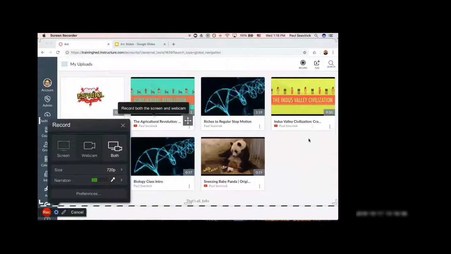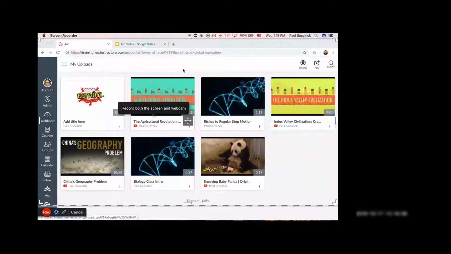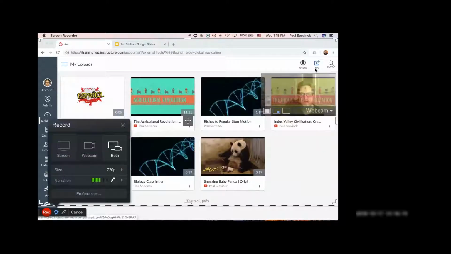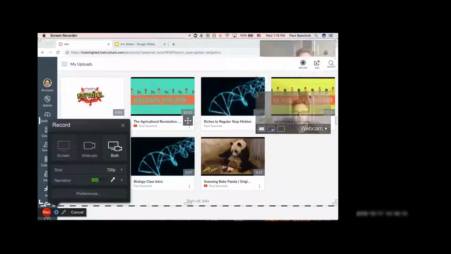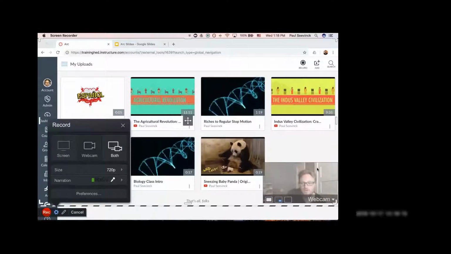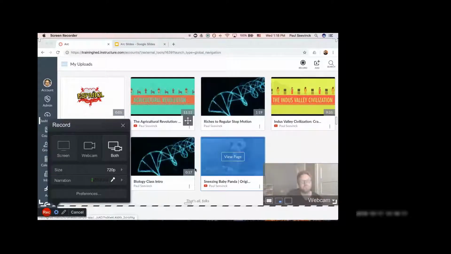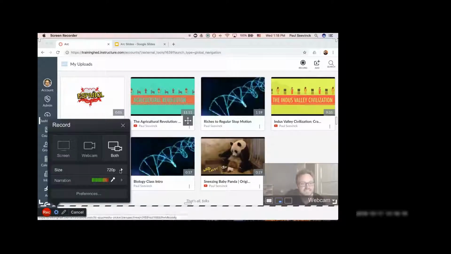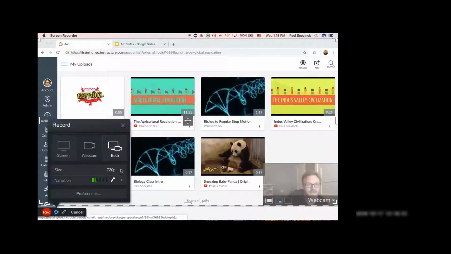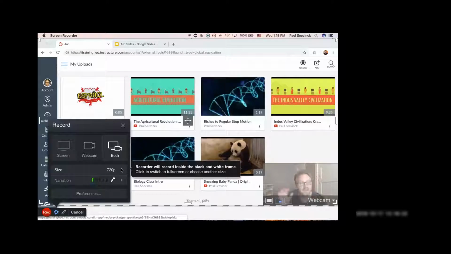It will pop up here in just a moment. But I can move it to wherever I would like it to be. So if I want it to be in the top right-hand corner or the bottom right-hand corner for my students, I can do that. The sizing right here down at the bottom is important because if you're using different devices,